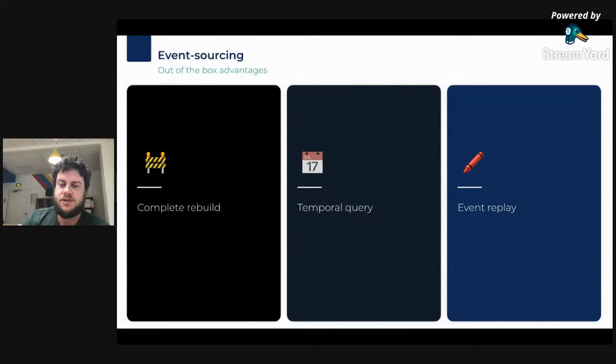Final advantage of an event source system is the ability to do event replay after event modification. So if you have a bug occurring in production and the user calls you and says, okay, here I'm seeing something I was not expecting, you can recover the event ledger, the audit log of your production application, replay it locally, find a fix, and then modify the event affected by your fix to replay all your audit log and see if the computed output state does not have the issue the user was calling for.